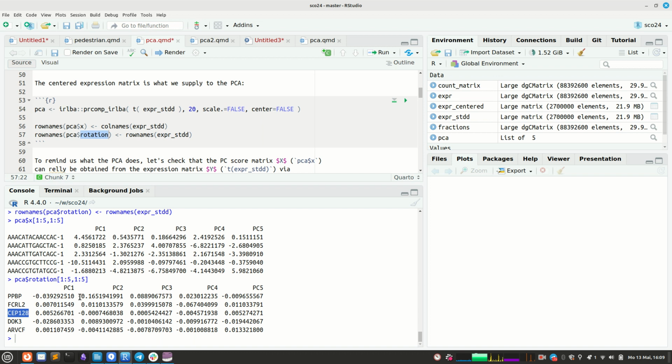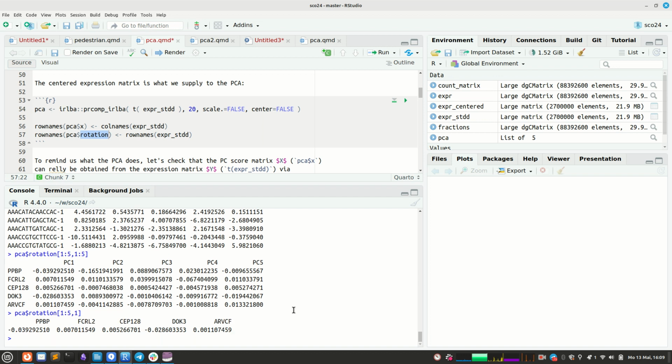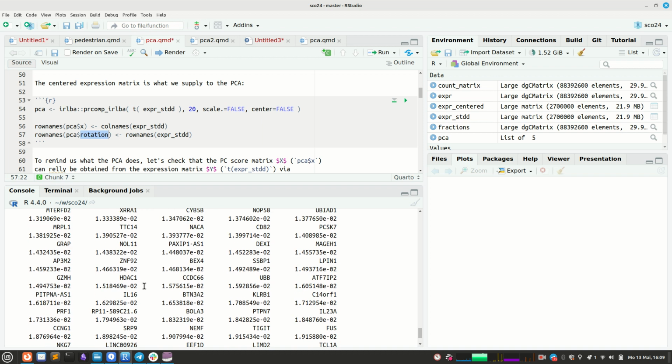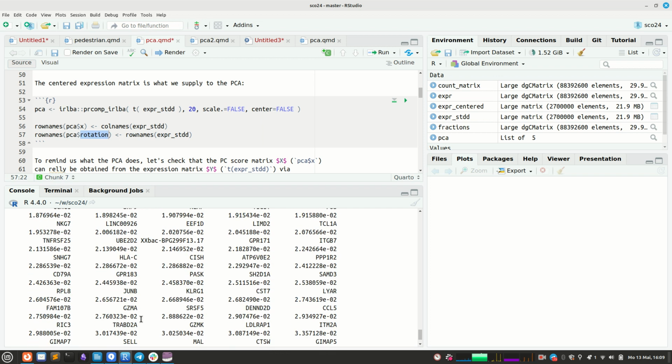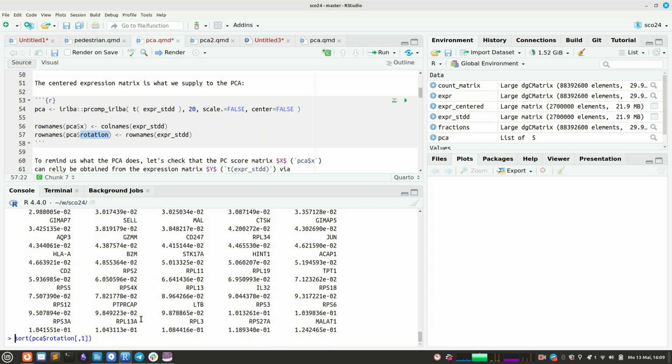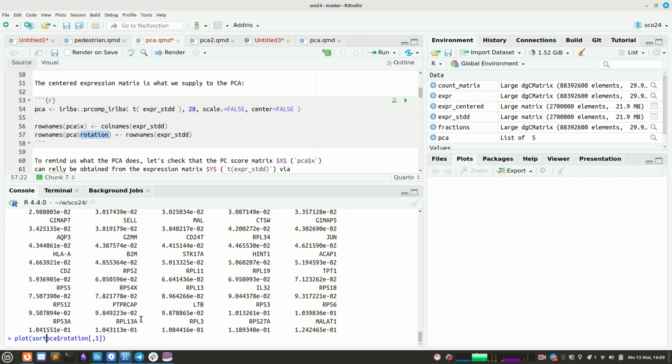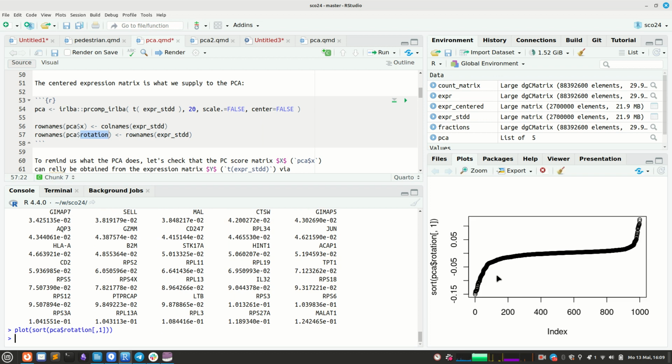So in other words, we can look here at these first PCs, and for example, take the first principal component and ask which one has the highest and which one has the lowest influence. So if I sort them, I see the genes which have strong negative influence and the genes which have strong positive influence, and if I plot them in this sorted order, then you can see how there is a